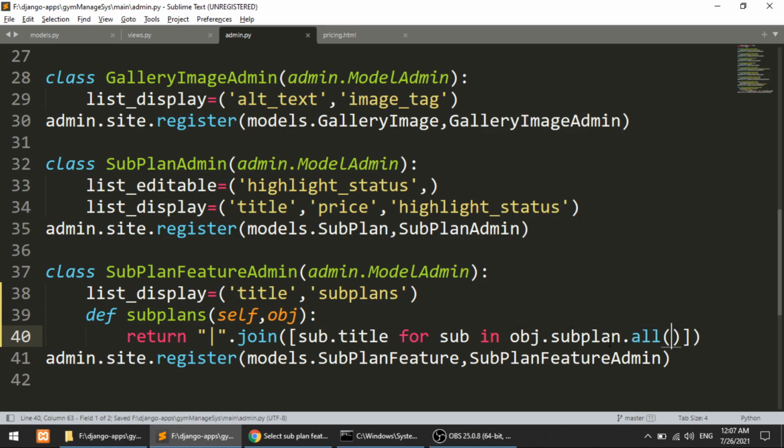It will fetch all the data from the subplan, the data will go to the sub title here, and this will be joined with this pipeline.